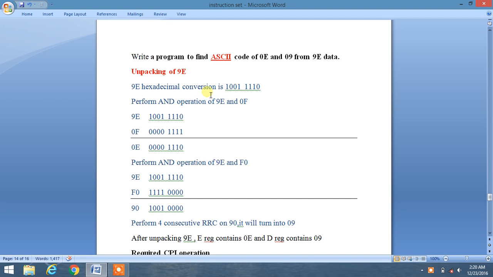Hello friends. Here's our next question. We have to find ASCII code. Write a program to find ASCII code of 0E and 09 from 90 data. So first of all, in order to break 90 into 0E and 09, we have to perform